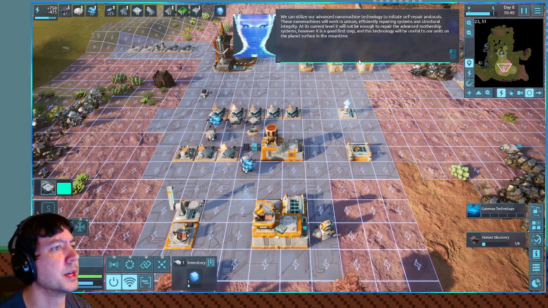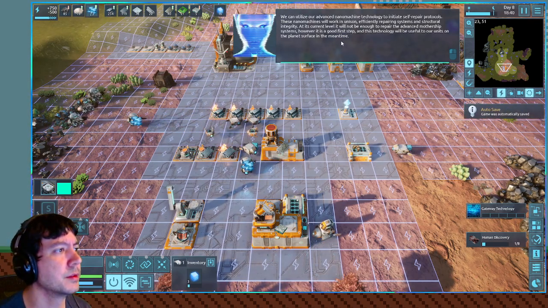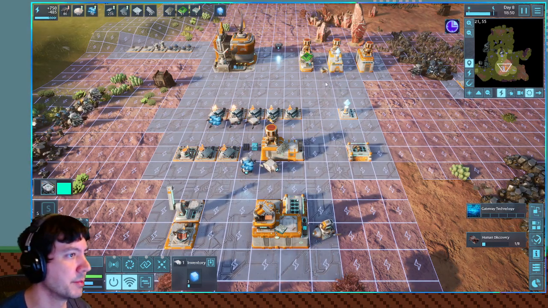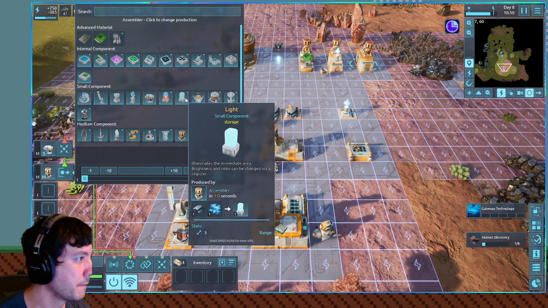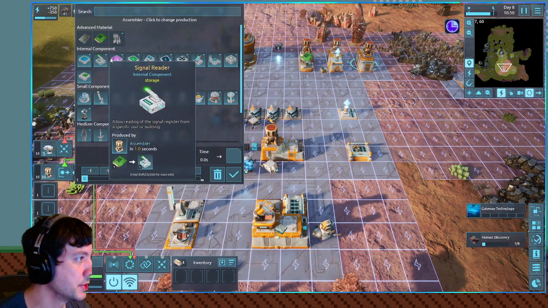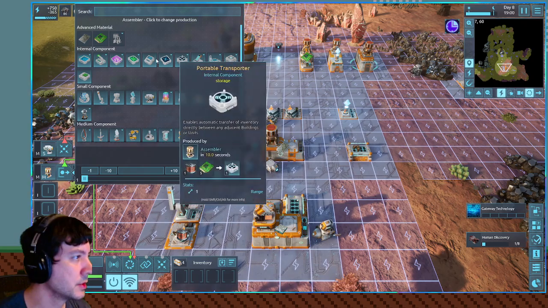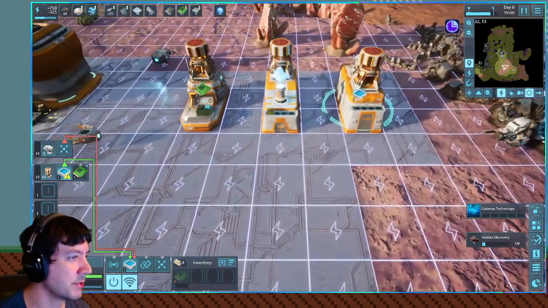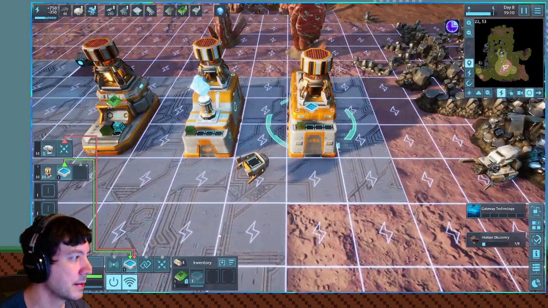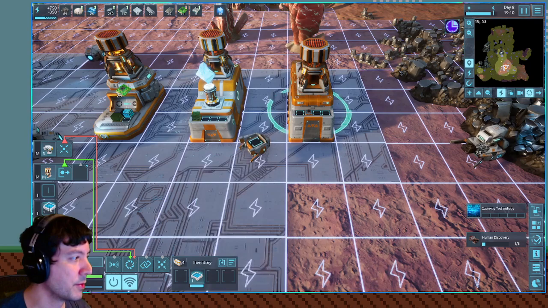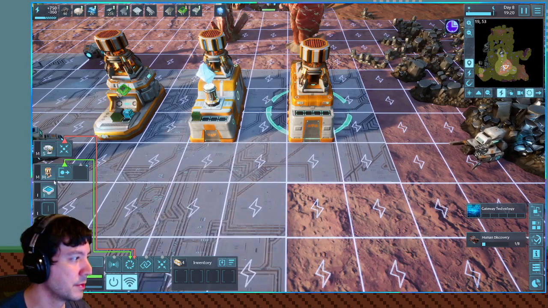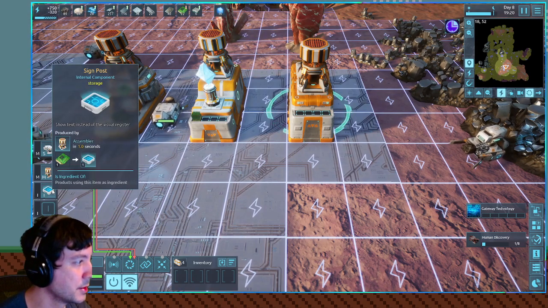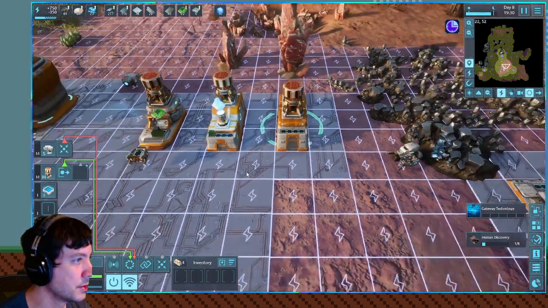Self-repair, right, cool. I don't get it, but all right, sure. So is that like I can build, what is this? Internal component. I'm gonna build one of these just to see what it does, because I have no idea. All right, now put it on. Okay. I don't get what that did,